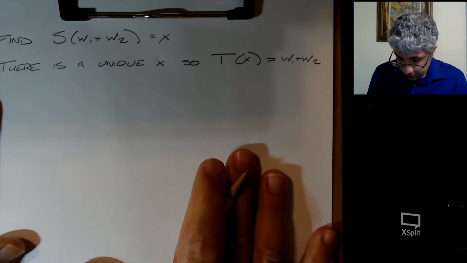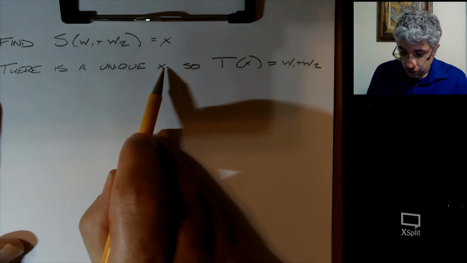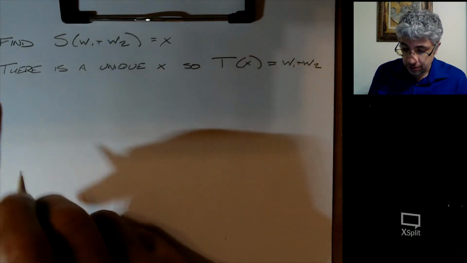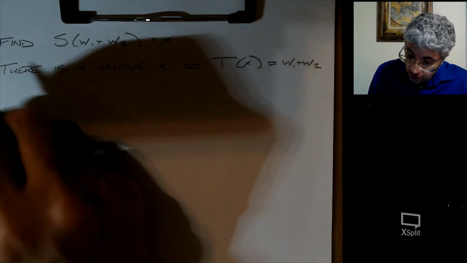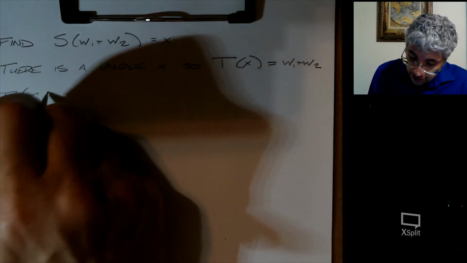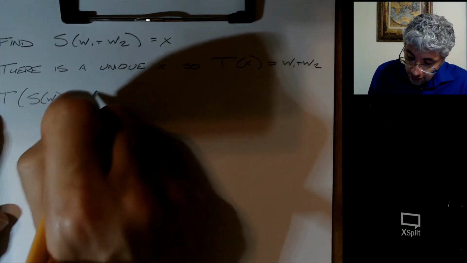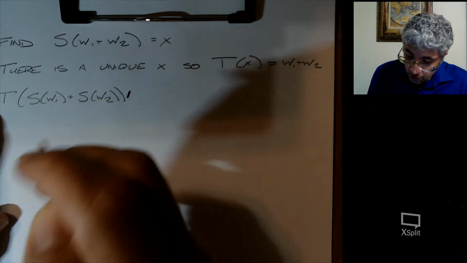But also, keep in mind, there's a unique x so that T of x equals W1 plus W2. But also, T of S of W1 plus S of W2, well, because T is linear,